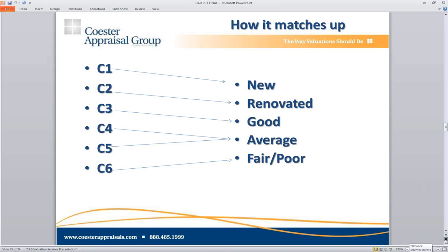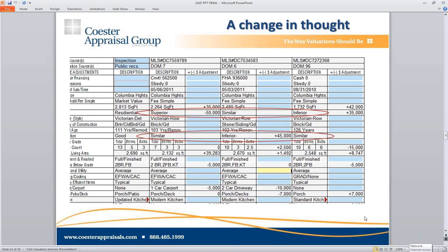There's some difference on how this is interpreted. So if you look at this as just a sample of the appraisal, you can see, okay, this has a residential view. So the view is residential. And then the appraiser put superior, similar, inferior. That would no longer be the case for the condition of the property. It wouldn't be good, similar, inferior. It would be, this is a C2 condition. This is a C2 condition. This is a C4 condition. This is a C2. So each one is graded on its own,